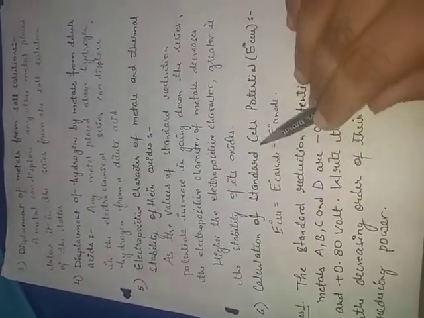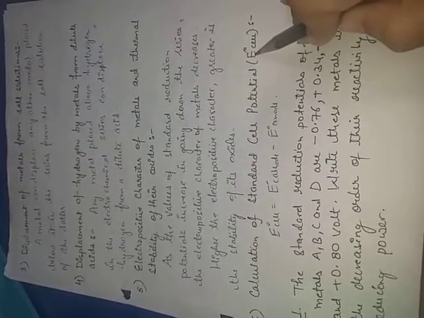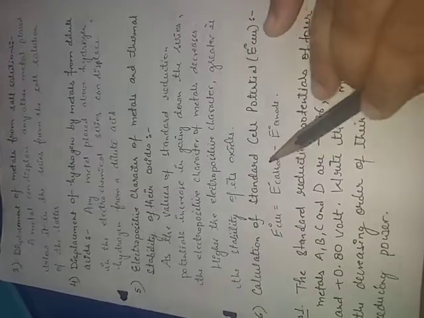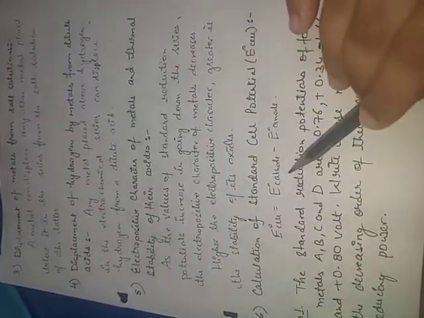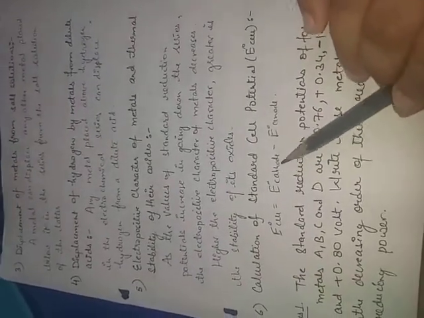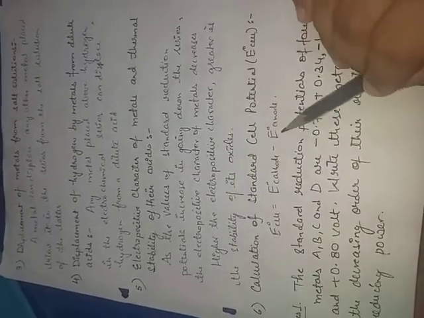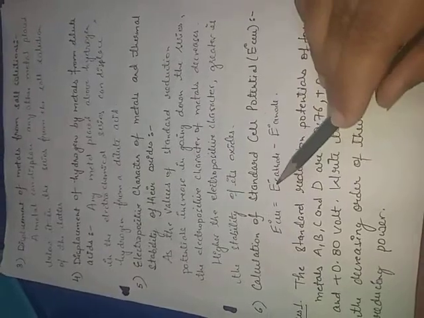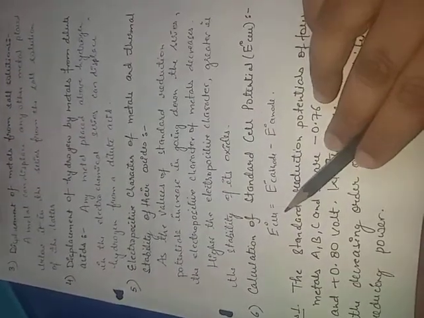Okay, now sixth is calculation of standard electrode potential. If we have to calculate E naught cell, by seeing the electrochemical series we can easily find out the values of E naught cathode and anode. Whatever single electrode potentials are given to us, we can put the electrode potential values here, and by putting the values, we can easily calculate the value for E naught cell, and we can also see whether the reaction is feasible or not.